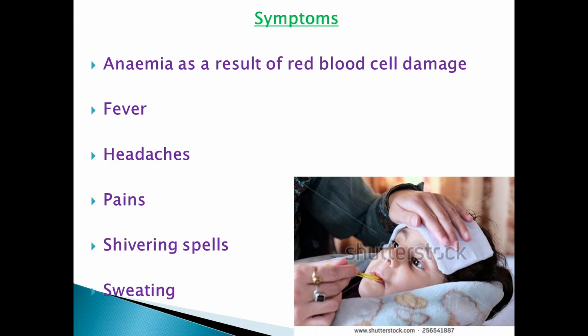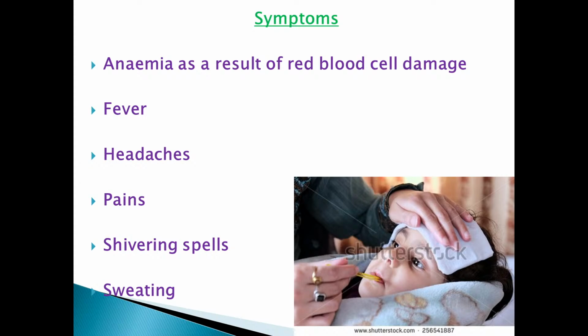you will definitely experience a high fever, and that is because of the toxin or the poisonous substance. Headache, definitely headache is another symptom that comes with being affected by malaria. Pains, in terms of the pains, you feel a lot of joint pains, joints like your knee joint, your elbow joint, wrist joints of the finger, the ankle, back, your neck region, all those regions experience a lot of joint pains there.